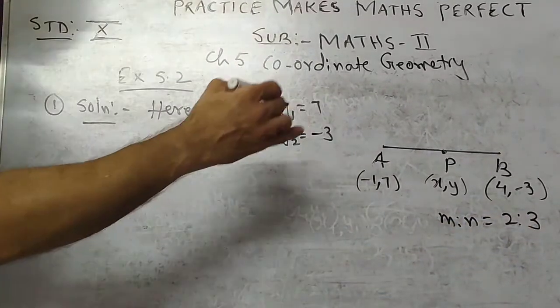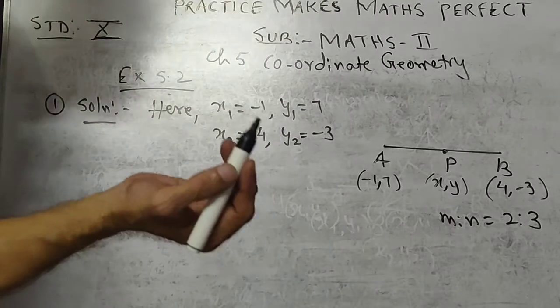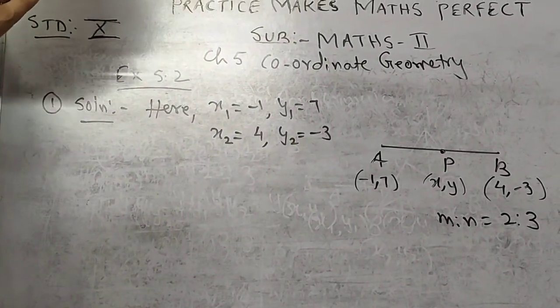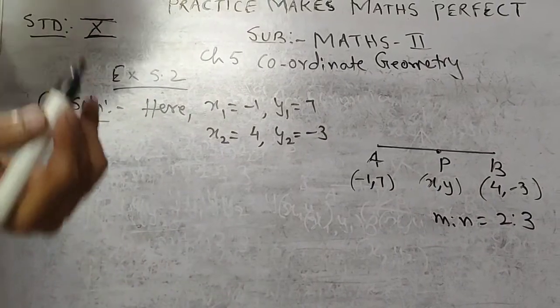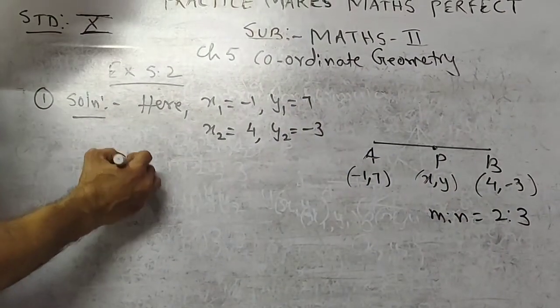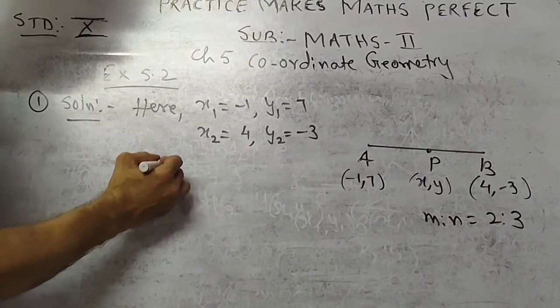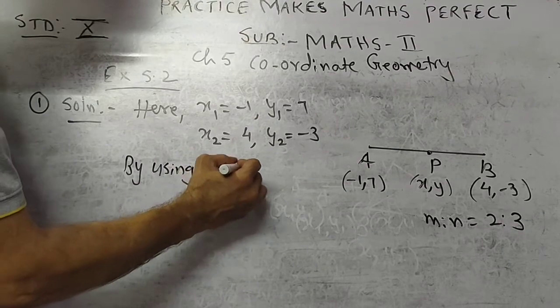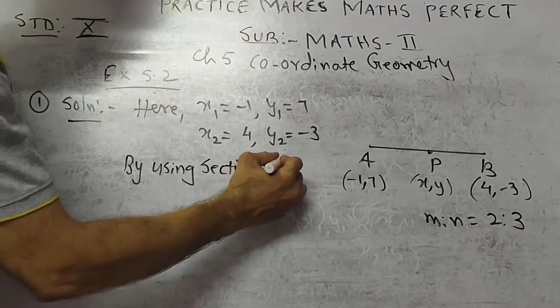Okay, so m value we will consider 2, n value we will consider 3. Is that clear? Now we want the value of x and y. So by using the section formula,